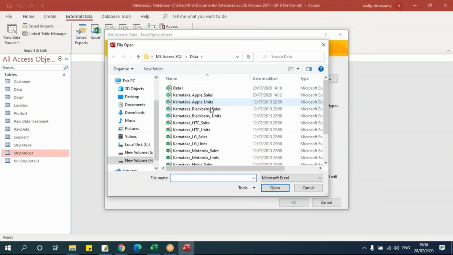Let's assume that here I have multiple files. Let me select one of the files, assuming that all these files have the same structure. Structure in the sense the column names, the fields, the data types of the fields, everything should be similar. Suppose I have 10 columns here, here also I should have 10 columns with the same field data types. Then only it will append.